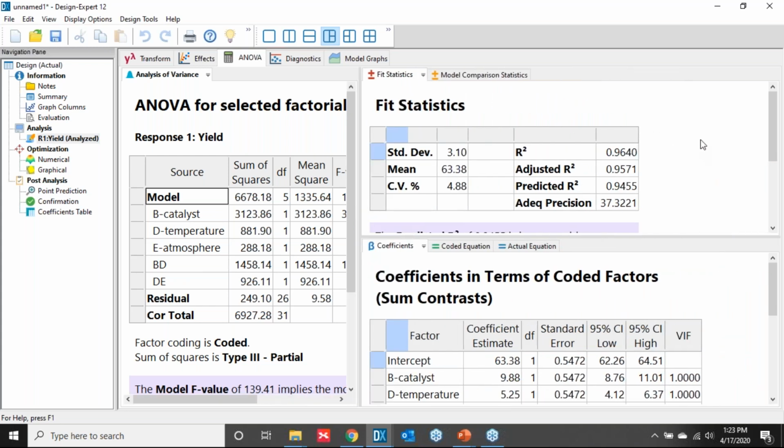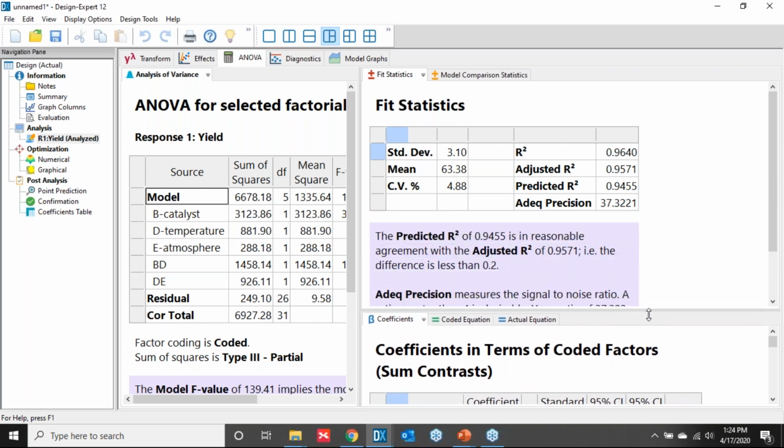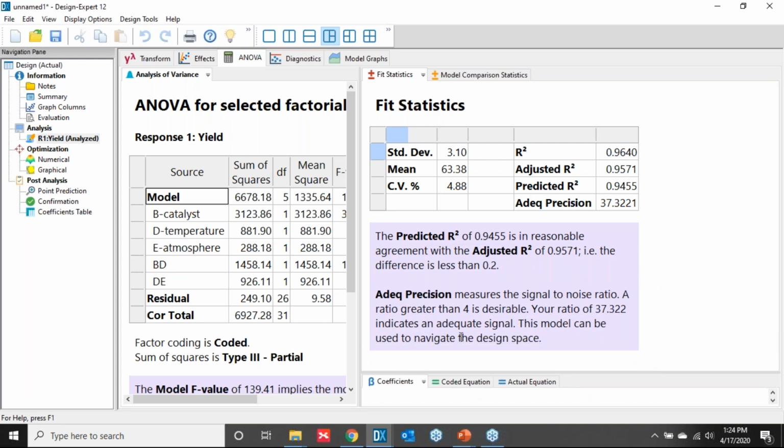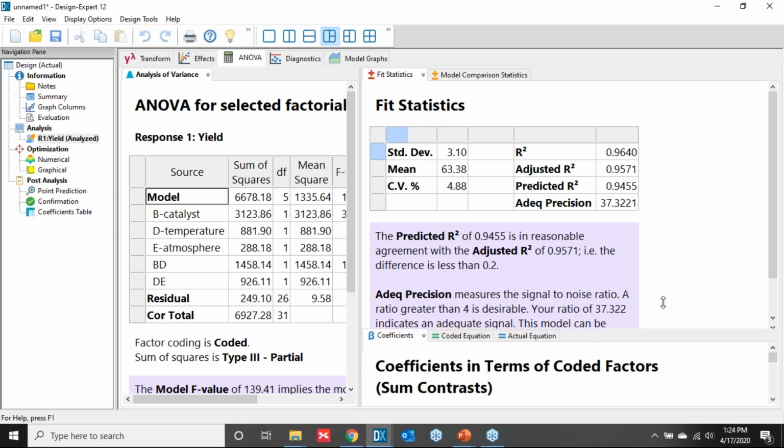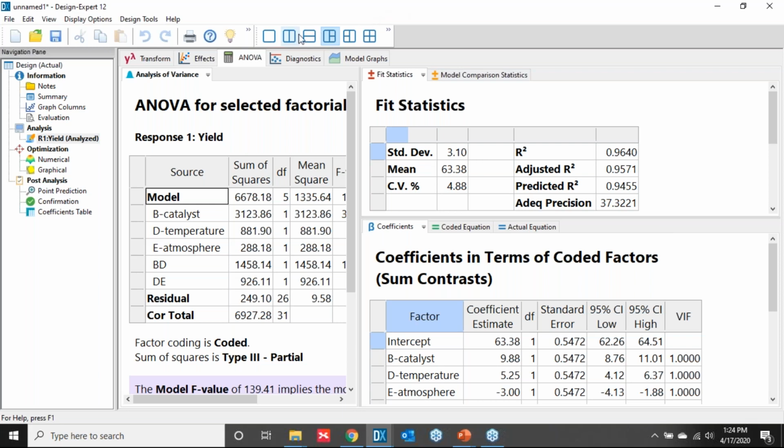We also have some fit statistics. We have the standard deviation. We have the raw R-squared values, and then we also have a couple of special R-squared values, the adjusted and predicted. We spend more time focused on that. And then we also have the adequate precision, which we want to be greater than 4. If you want to know what you're trying to see on this little fit statistic table, there's a little annotation that describes really what the most important information is. So it's kind of there to help walk you through it. Okay. All right, then what we need to do is look at the diagnostics